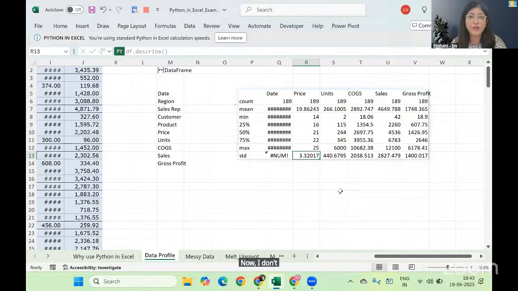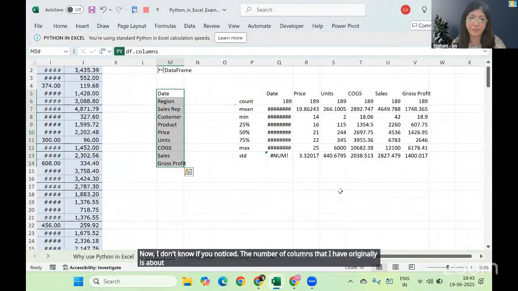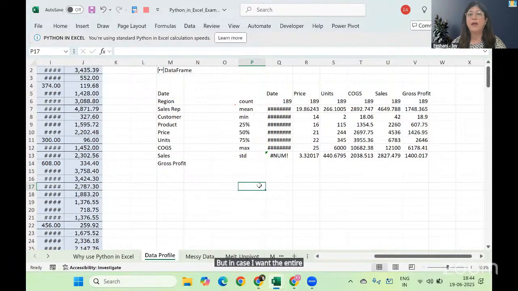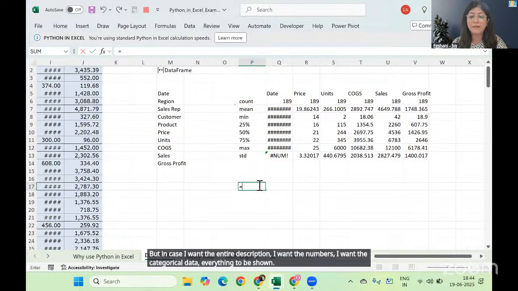Now I don't know if you noticed, the number of columns that I have originally is about 10. The number of columns that I got in describe are 6. So only the columns which are numerical in nature got picked in describe, because it makes sense: when you say mean or standard deviation or 25%, 50%, it can be done on numbers and not on categorical data. But in case I want the entire description, I want the numbers, I want the categorical data, everything to be shown, then again we use